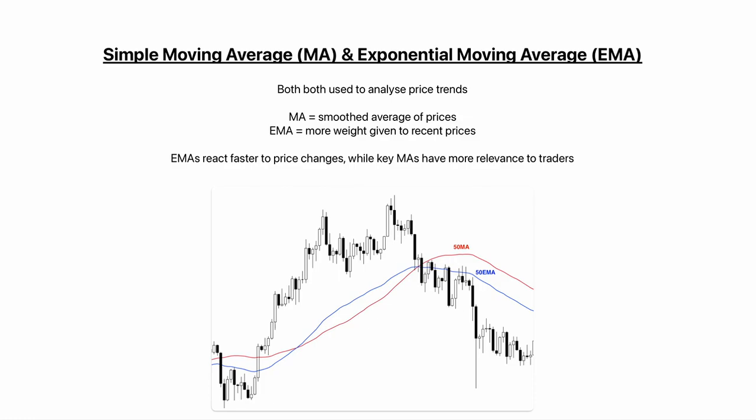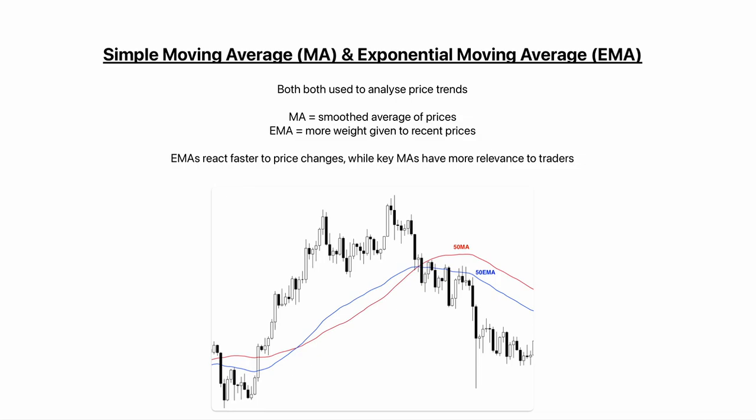The difference is that a MA, a simple moving average, is a smooth average of the prices. So just add them all up and divide by the number. The EMA is weighted and gives greater weight in the calculation to recent prices. So that means that EMAs will react faster to price changes, while moving averages will react in a smoother manner. So if you're a shorter term trader, you might want to utilize EMAs to capture turning points or identify trend